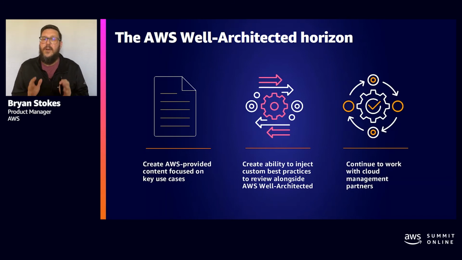So as Rudy Valdez, our VP, mentioned at his re:Invent talk, going forward, we'll be focused on delivering features which help our customers scale well-architected across their organization and customizing the review process to meet their business objectives and their maturity level. So we'll continue to create AWS-provided content focused on key use cases, such as serverless, and industries like financial services. In Mandus Momberg's talk at the summit, he goes into depth on the new lenses and the content types we're planning to provide to our customers.